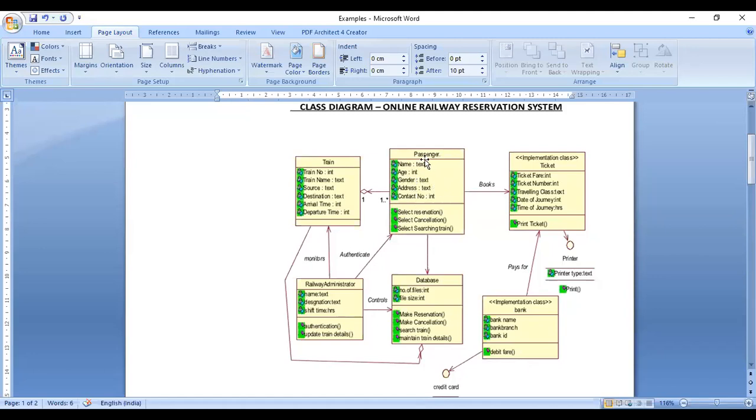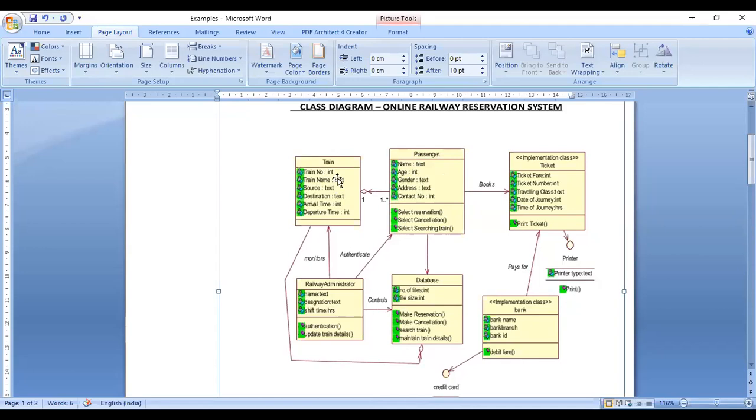This is the pattern. This page will be connected to the trains. When do we go to train? Whenever we use the operation of searching trains, we go into another module called train.